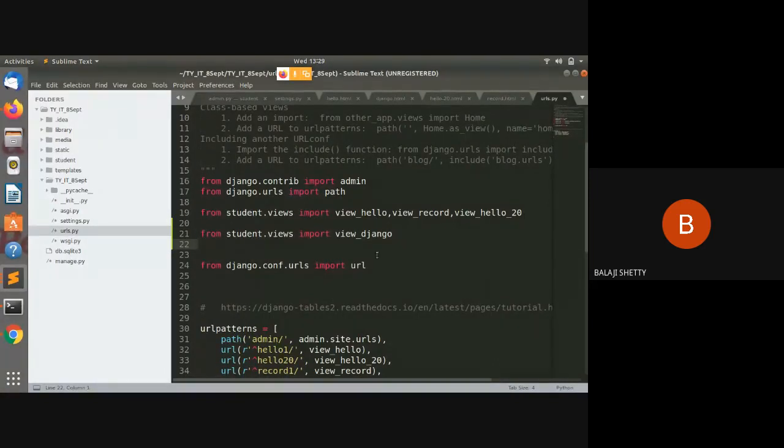What is the meaning of this? The meaning is, in my student app, in the views.py file, there is a view of the name view Django. Clear?